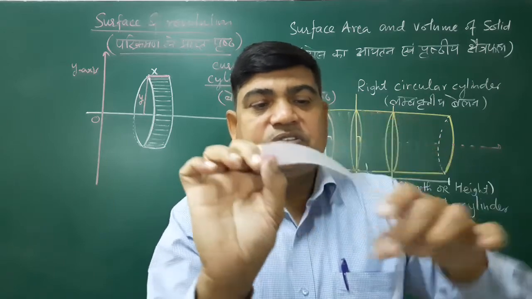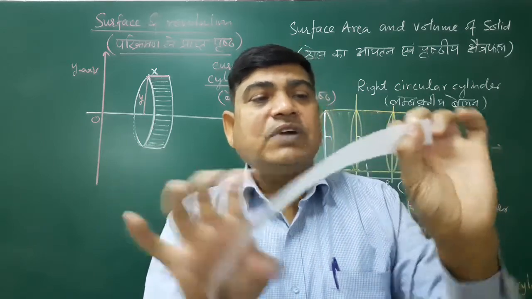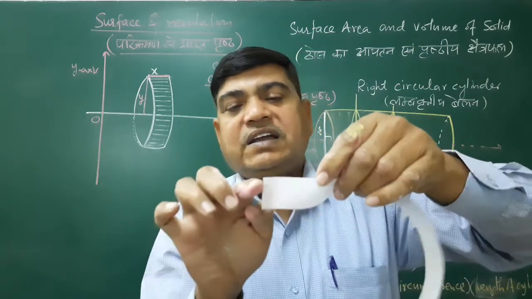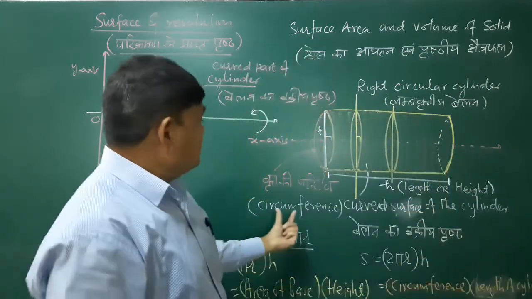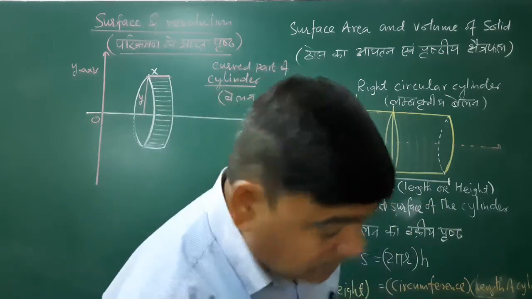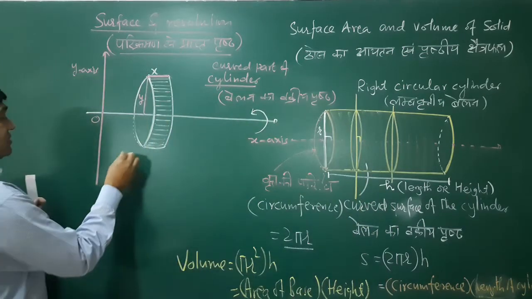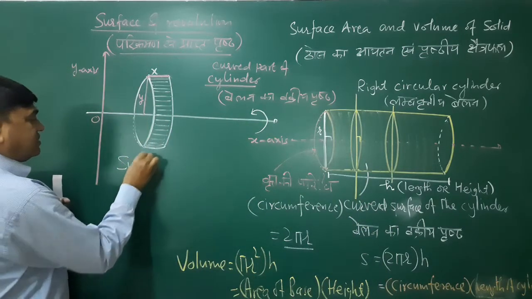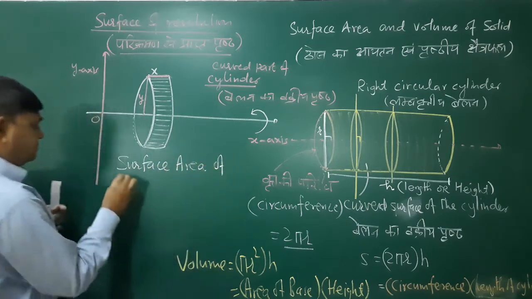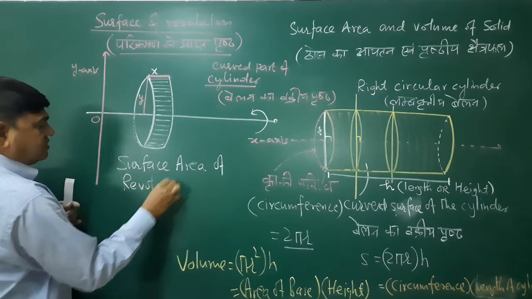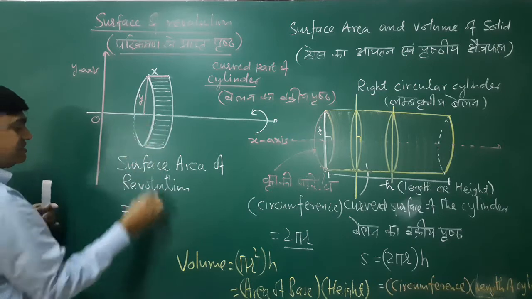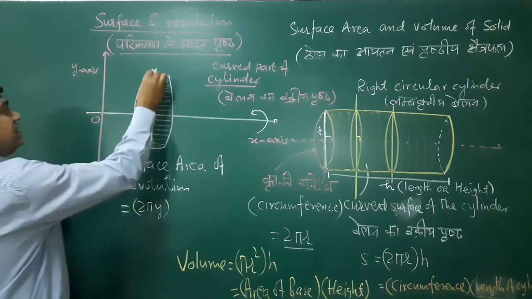वो बोल सकते हैं। सो इट इज द मल्टीप्लीकेशन ऑफ 2 डायमेंशन, this into this, so this is 2 pi r and this is h. That's why surface area is given by 2 pi r into h. Now here it is surface area of 2 pi r, r means y, this is x,